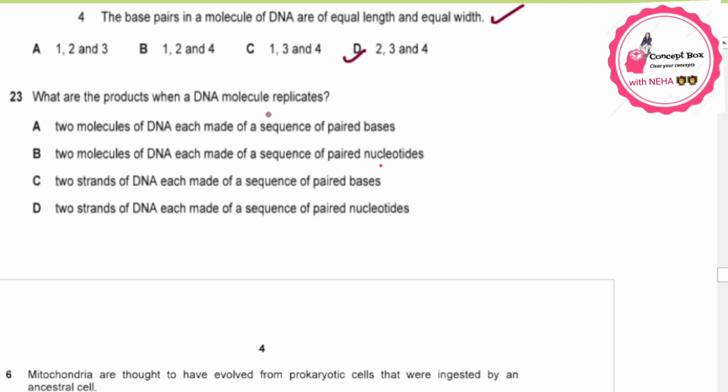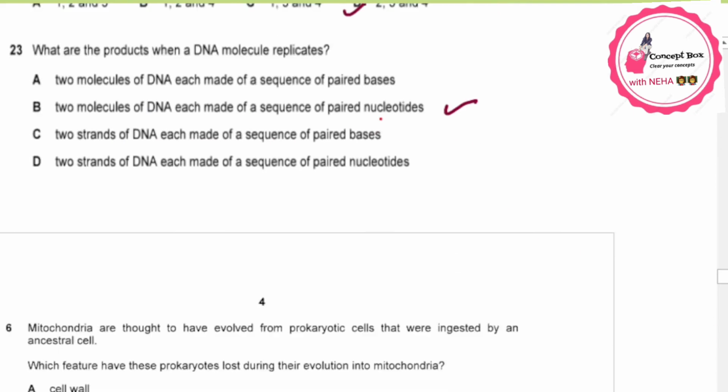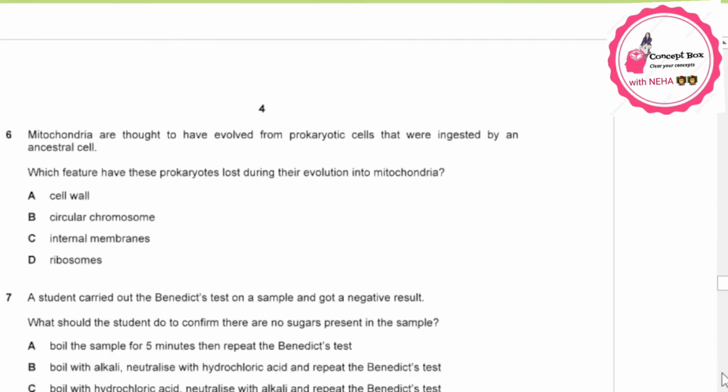What are the products when a DNA molecule replicates? What do we get? We get two molecules of DNA each made of a sequence of paired nucleotides. So B is the answer. Now next question is